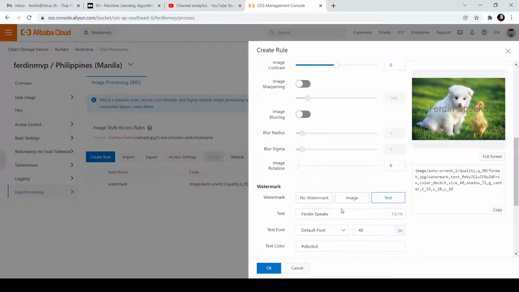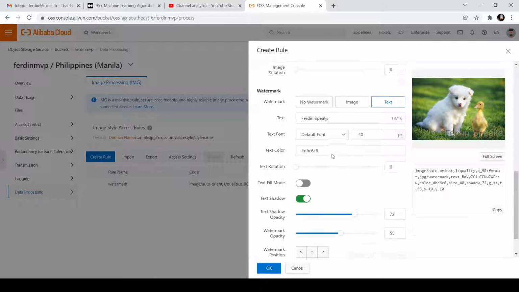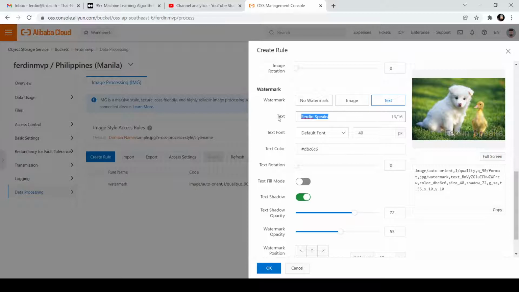Let's say I want to make it to this corner, and then I change the text and give my name over here, and it will take only 16 characters. For example, a copyright, okay,